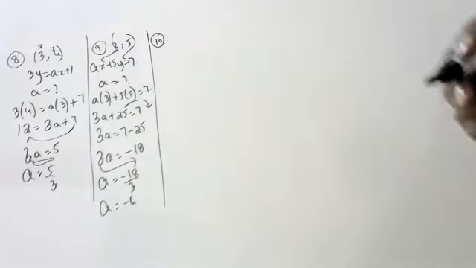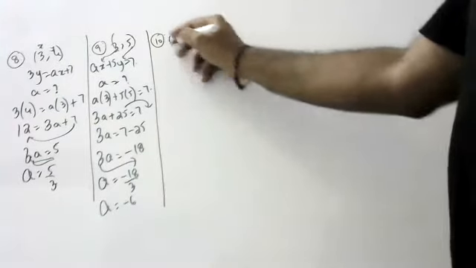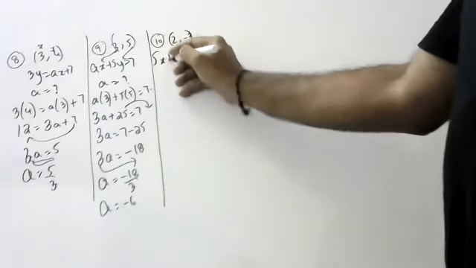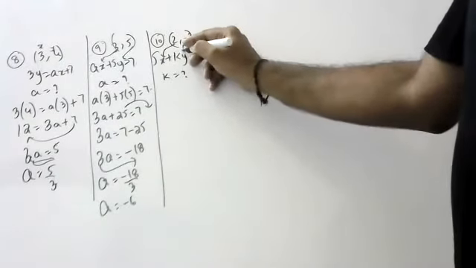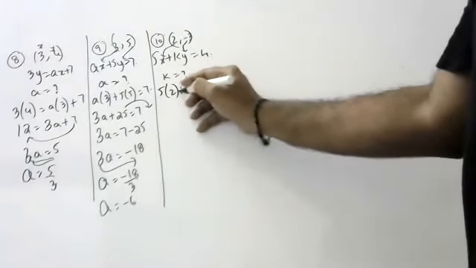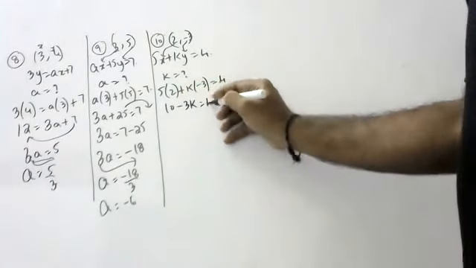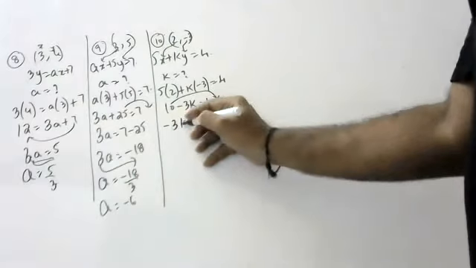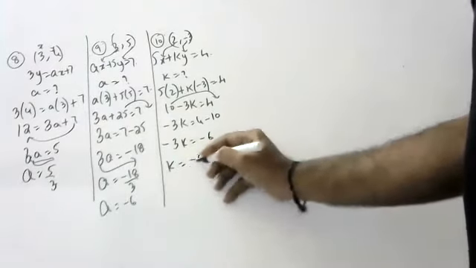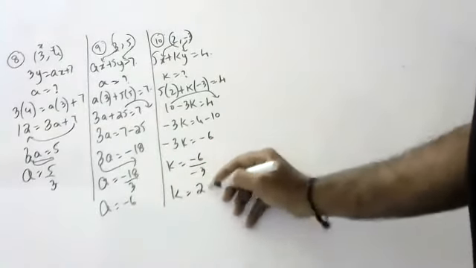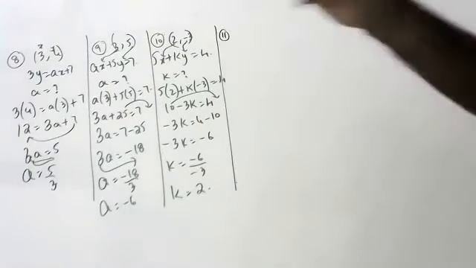Rugved, are you there? Yes, sir. 10th one. 2 comma minus 3 is a solution of 5x plus ky is equal to 4. Find k. This is x, this is y, always. Tell me. 5 into 2 plus k into minus 3 equals to 4. 10 plus minus 3k equals to 4. Minus 3k equals to